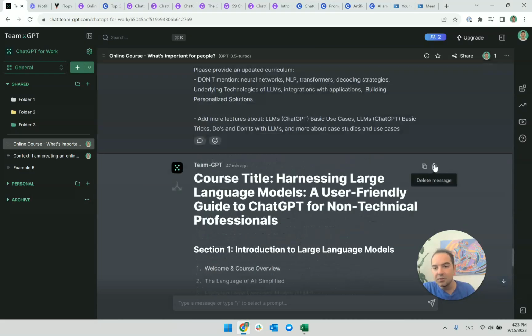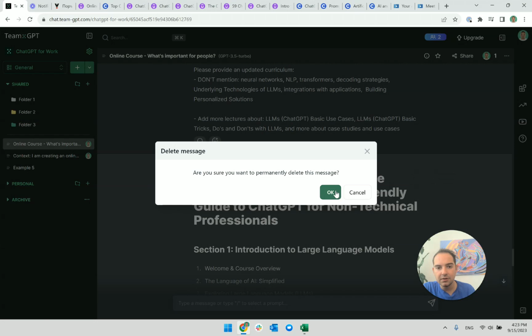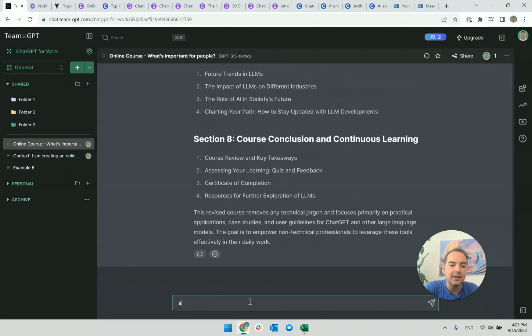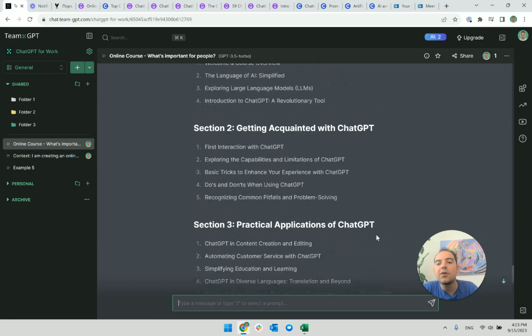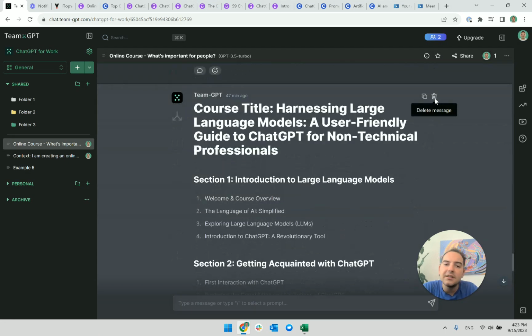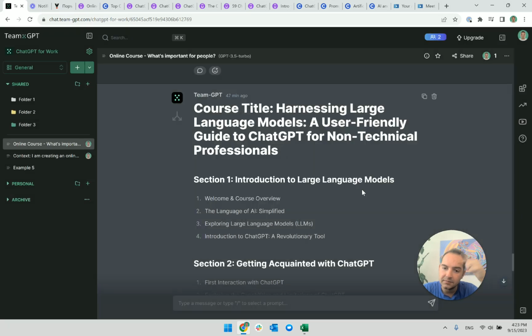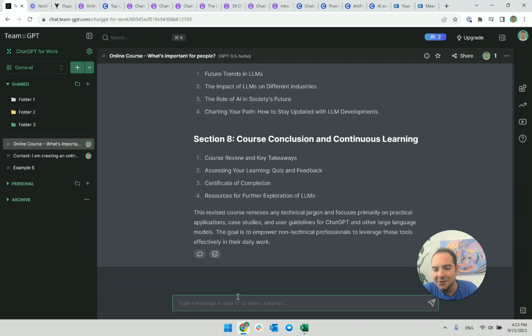Further, I will delete this last message. No, that's fine, I can keep it. Okay, I'll delete it. If I delete this message, I can lower my bill, right? I can lower my bill because I'm passing fewer tokens to the API.